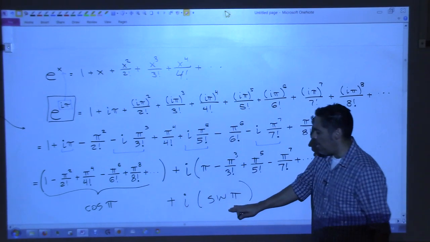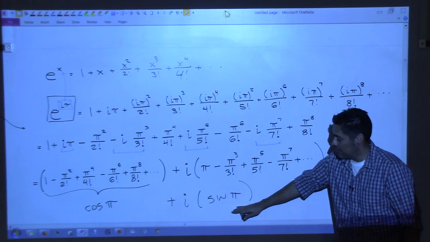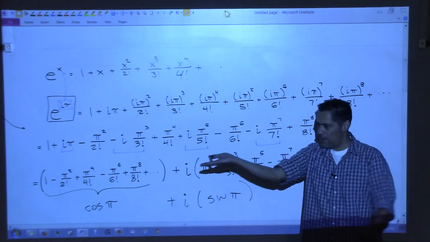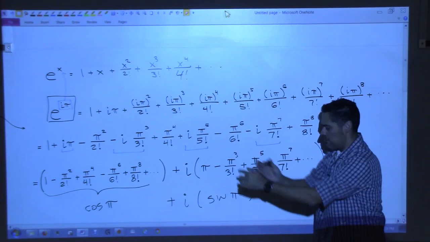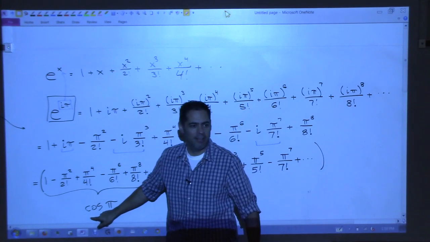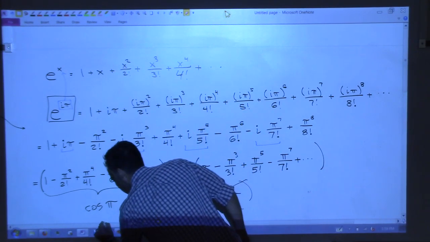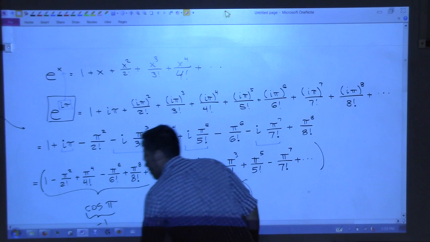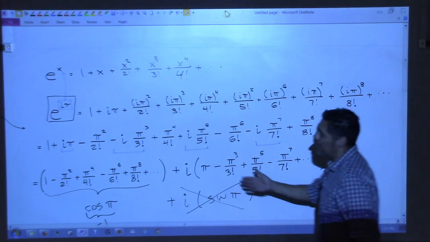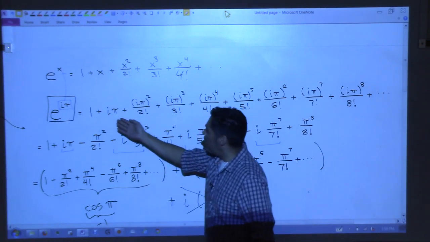And what is sine of pi? 0. Pi is there, y coordinate, 0. What is cosine of pi? -1. Right? There it is. That's pretty nice, huh? So you rewrite e to whatever power, you write it out in its Maclaurin